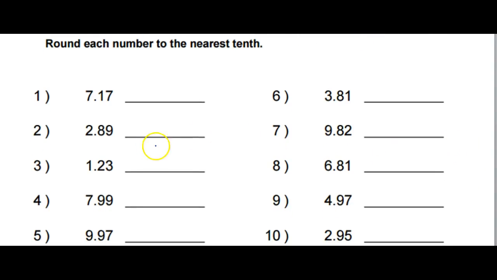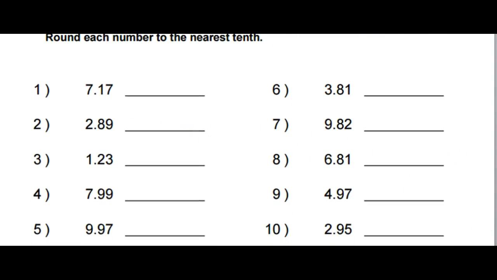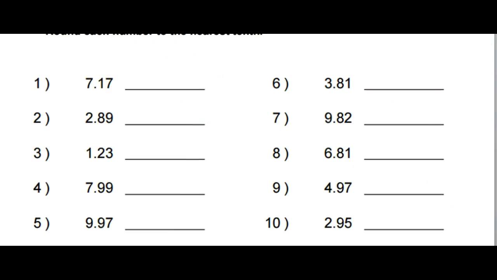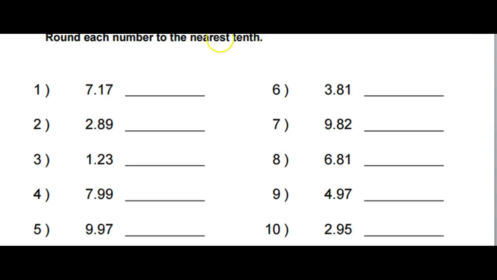Now the nearest tenth here. Okay. Now what number is in the tenths place? If you look, when you have the "th" there, right? When you have the "th" here, it tells you you're to the right of the decimal. And remember, it goes tenths, then hundredths, then thousandths. Okay? So we know this first digit to the right of the decimal is the tenths place. So when we round this to the nearest tenth,